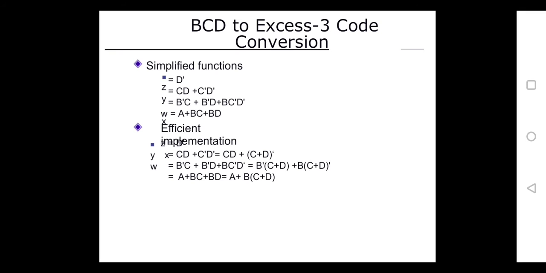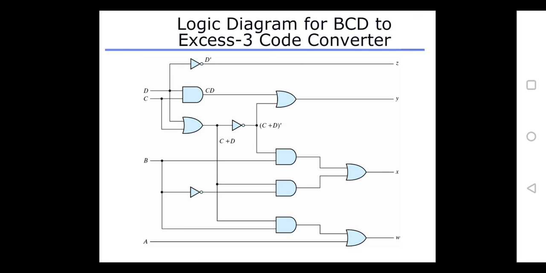So according to the expressions which we are getting by using the logic gates, here we are going to draw the logic diagram for BCD to XS3 code. So here we got Z equal to D bar. We are representing A, B, C, D inputs. From the D, you need to connect it to the NOT gate, so the output for Z equal to D bar. Similarly, by using AND or AND inverter gates, we need to draw the complete logic structure for W, X, Y and Z. This is how to design a code converter which will convert an input BCD to an XS3 code.